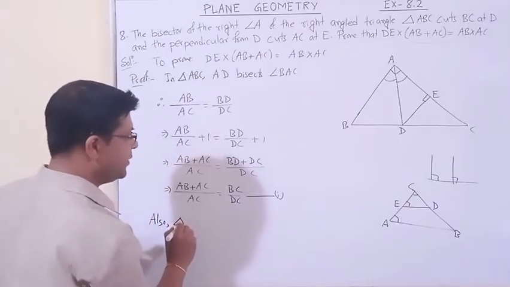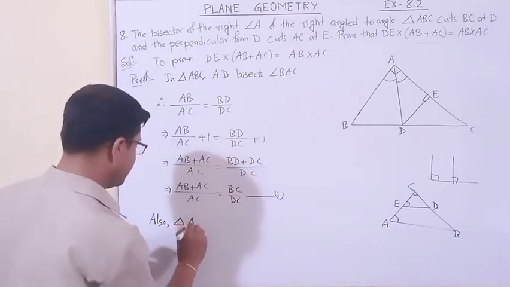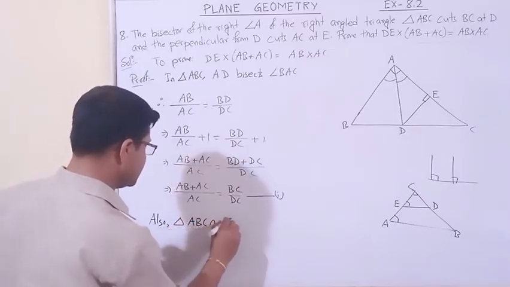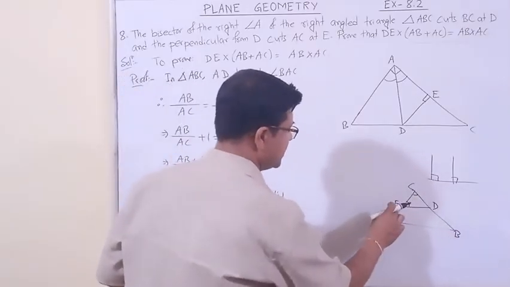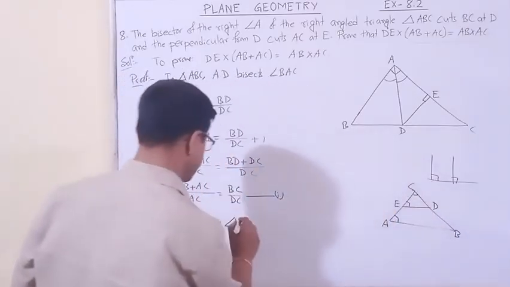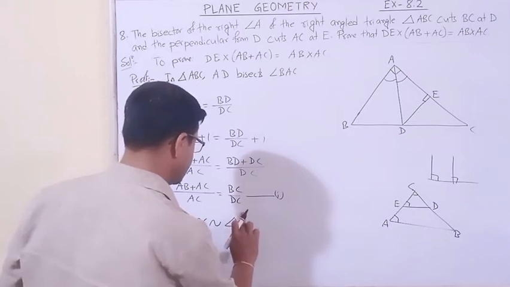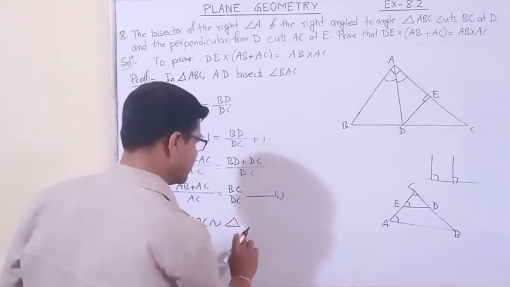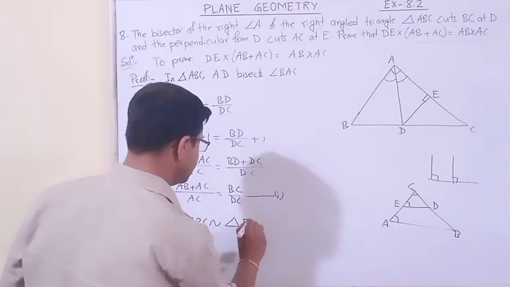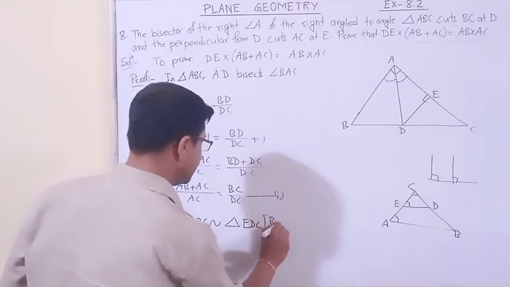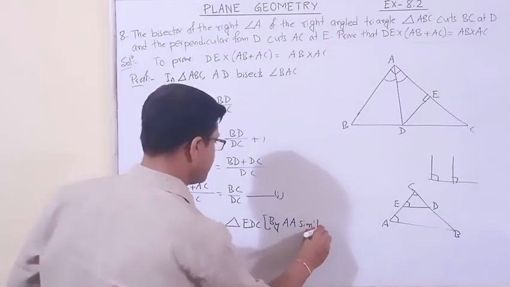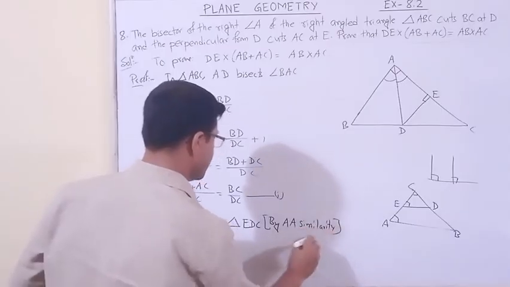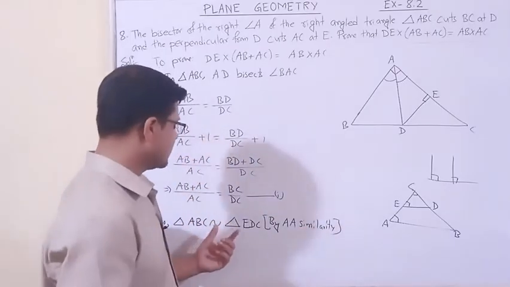Also, triangle ABC is similar to triangle EDC. We have written triangle ABC, so in this order we have to write EDC, by angle similarity. Okay, now if these two triangles are similar,